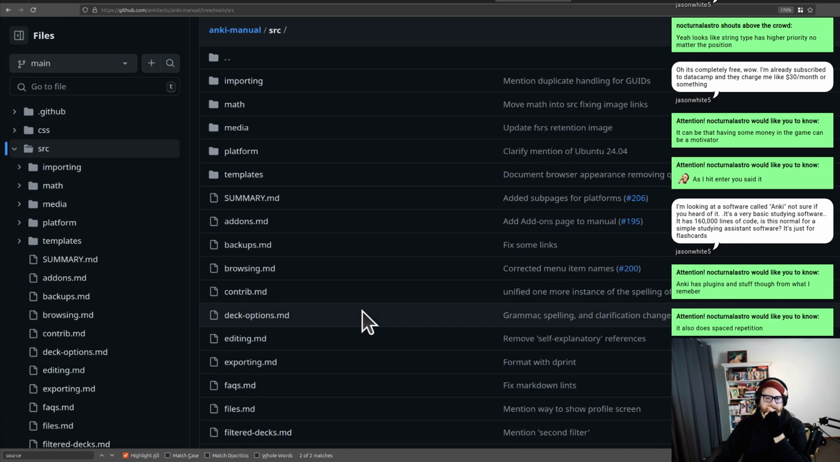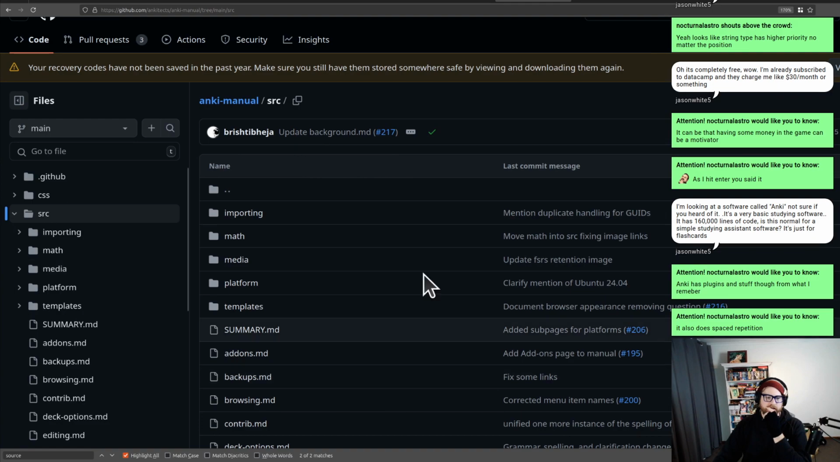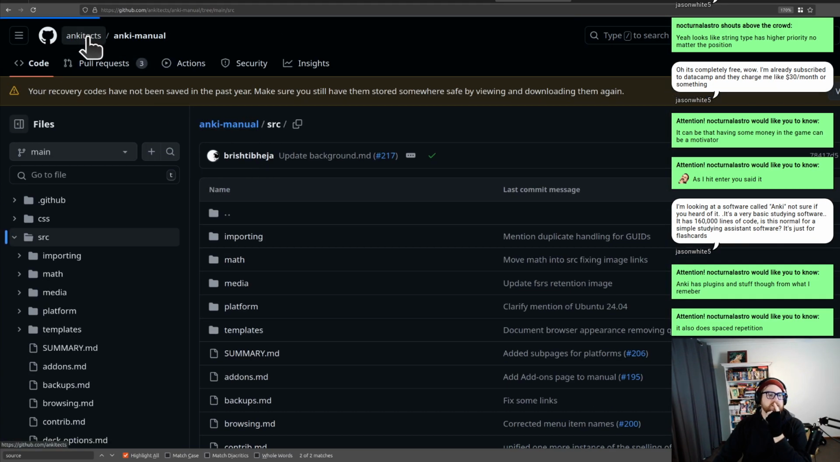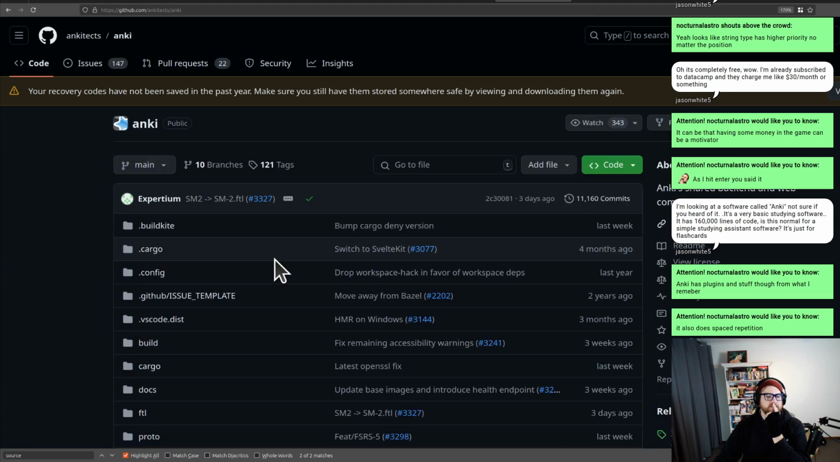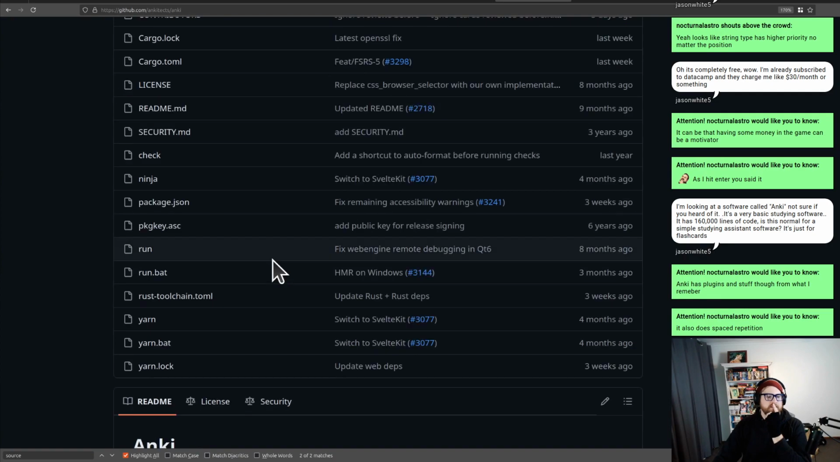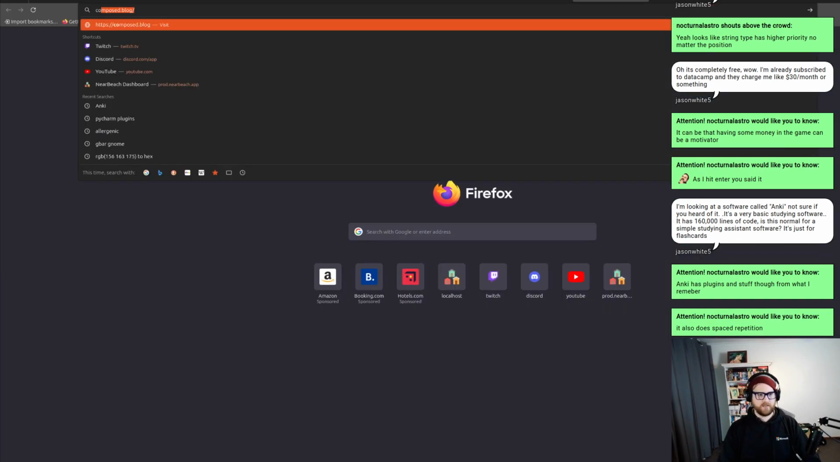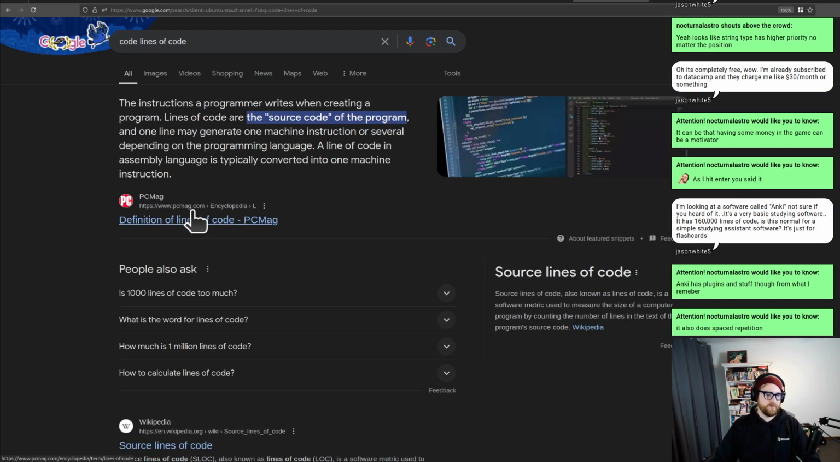But that being said, it depends how many features they've got into it and whether or not it's including the documentation and stuff like that. And this is actually the manual, not the source code itself. So there it is. And yeah, highly possible. I mean, if we go count lines of code in a GitHub repo,